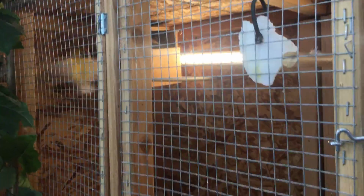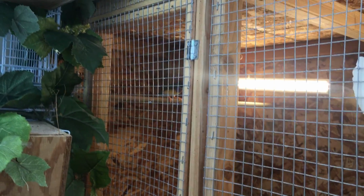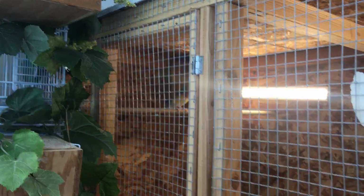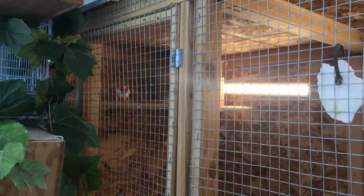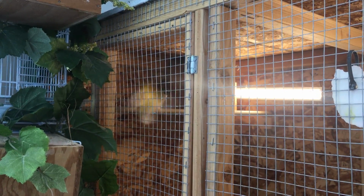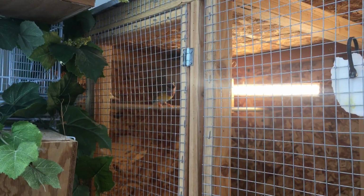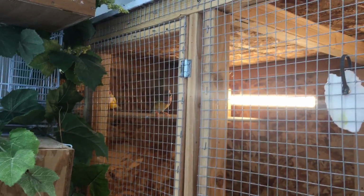So down here is another yellowback male. He's a redhead. And then I actually have that orange-headed greenback female down here with him. So he's a baby from last year. She's 2 years old. She's just itching to breed. So I'm pretty sure they've been laying eggs. I've seen her in the nest box a little bit. So we'll see if we can get some fertile eggs out of this male with her and get some yellowback